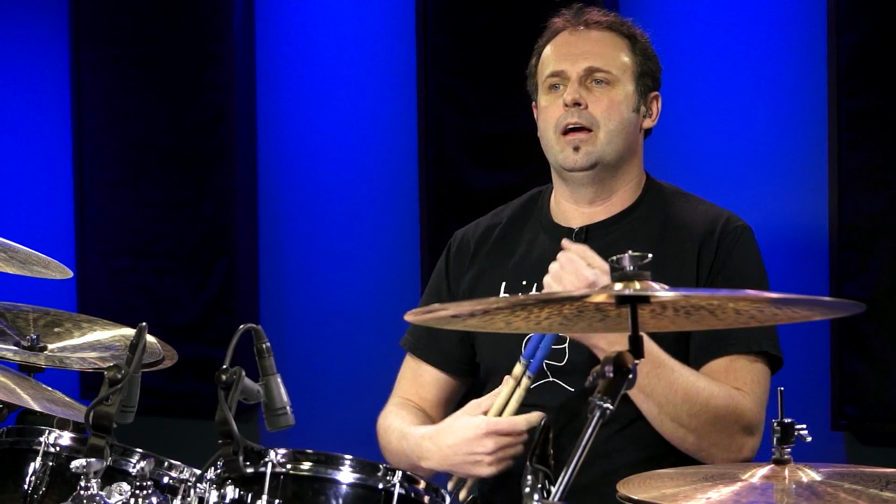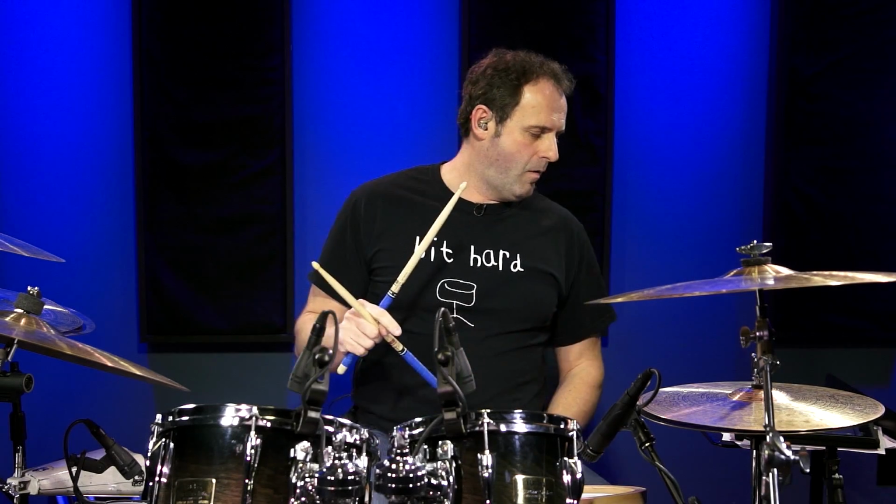Now, I really like number 5 because number 5 has a really cool vibe to it. I've heard these kind of beats played for decades and decades, and I think you'll have some fun with these because what's happening is we're taking the snare drum note away from 2 and 4 and moving it around a little bit, okay? So the nice part about this one is the ride cymbal is just playing straight 8th notes, okay, all the way through, but there's now a pattern between the bass drum and the snare, and it's on